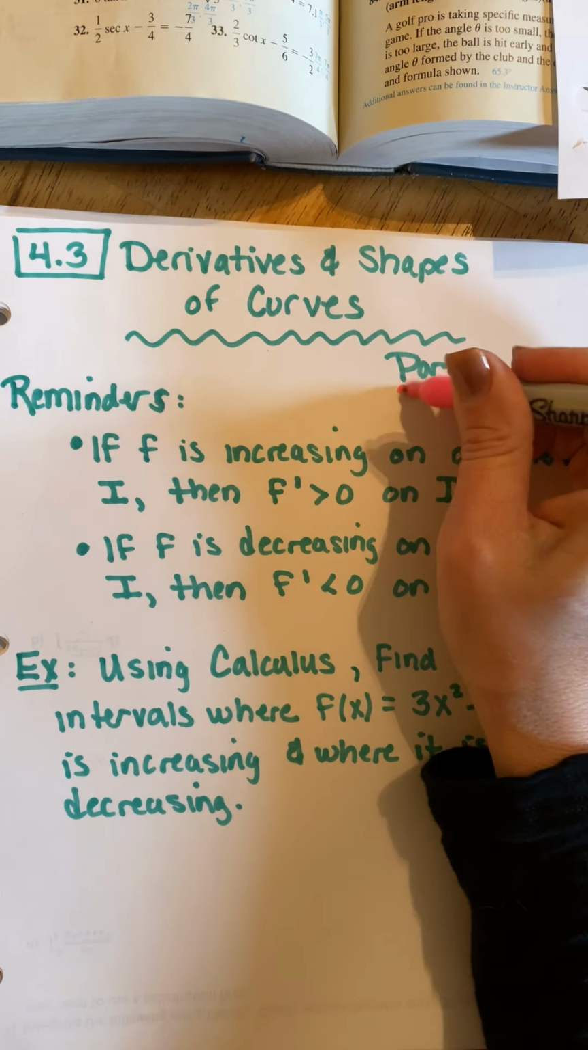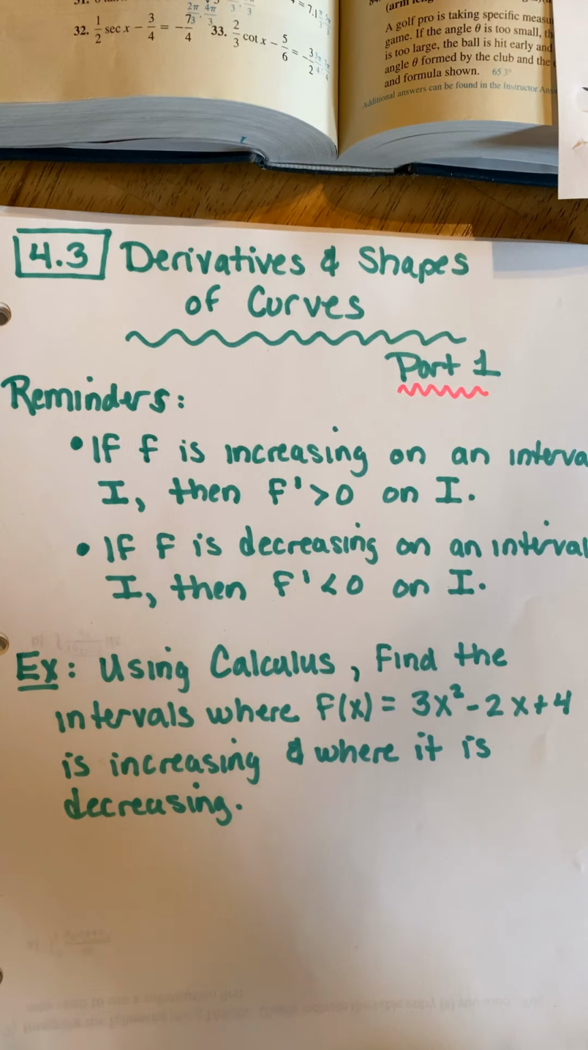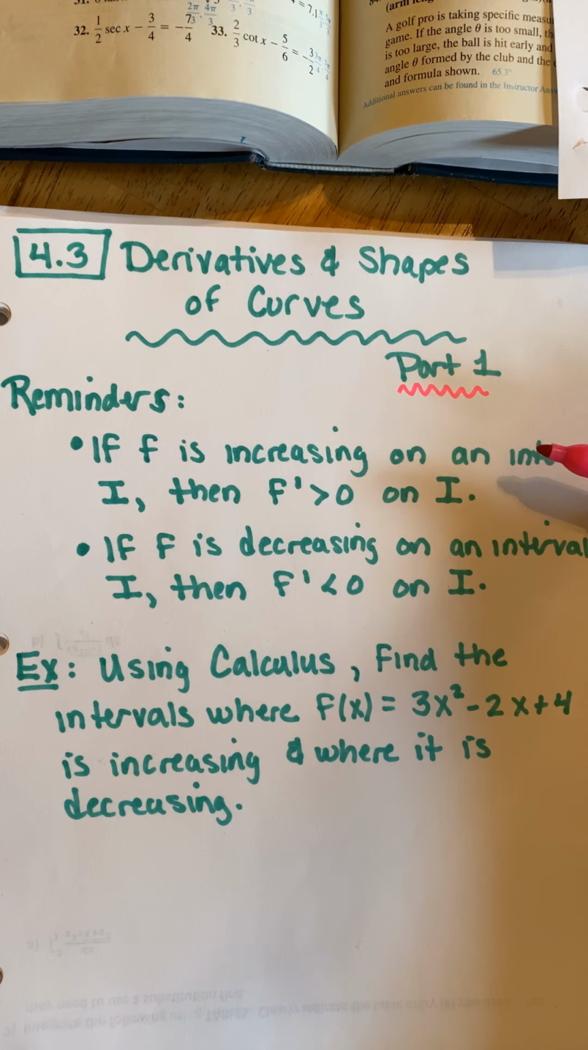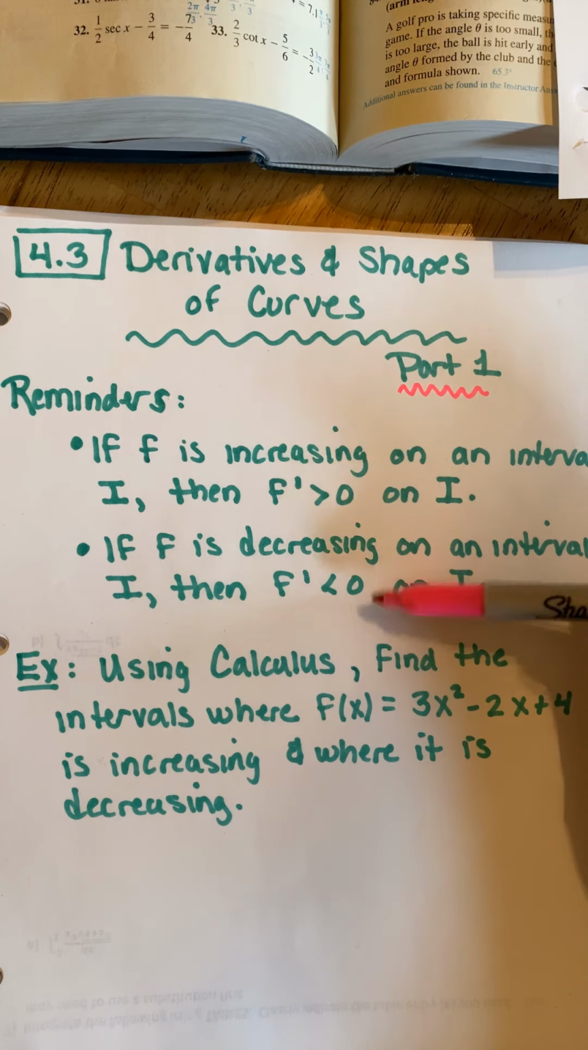Part 1, this baby one of, I'm thinking 3, this is a long section. So a couple of reminders going into this section. If a function's increasing on an interval, then its derivatives are positive. If a function's increasing as we go left to right, it's going up, so its derivatives are all going to be positive. If a function's decreasing on an interval, then its derivatives are going to be negative or less than